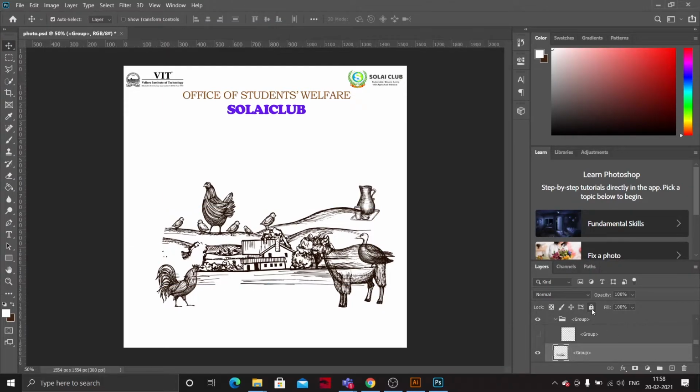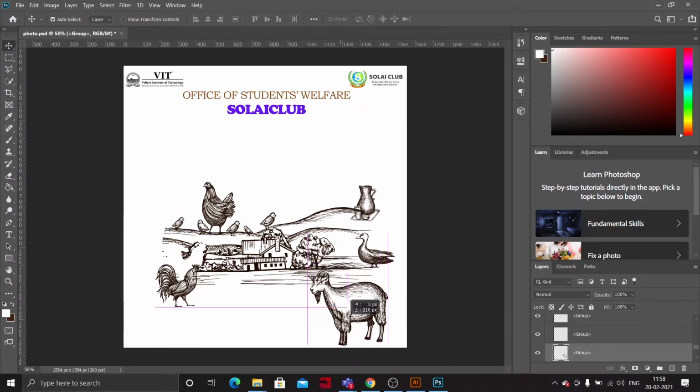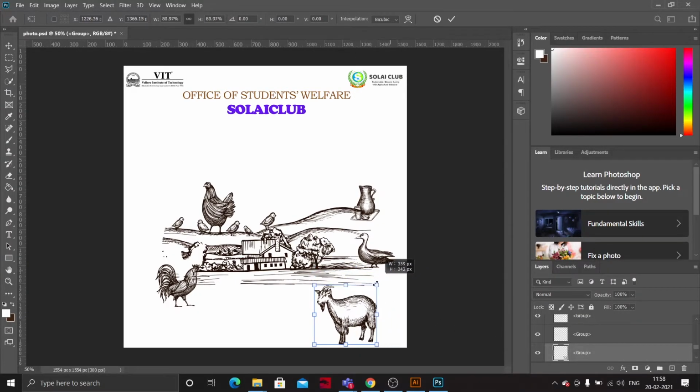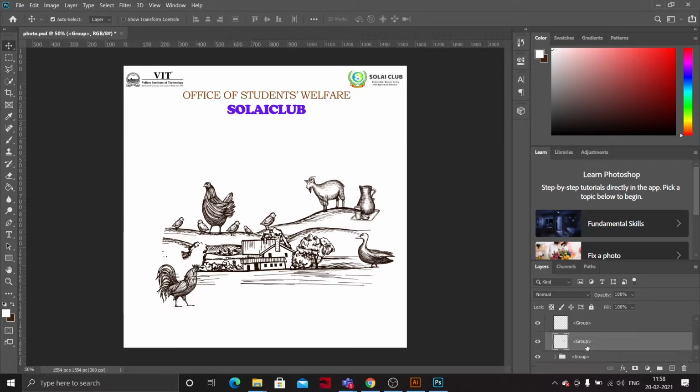If you don't want to disturb those layers, just lock them. And if you want to minimize this, we can adjust that here and do that. Like this. Can rotate that. And what is left?